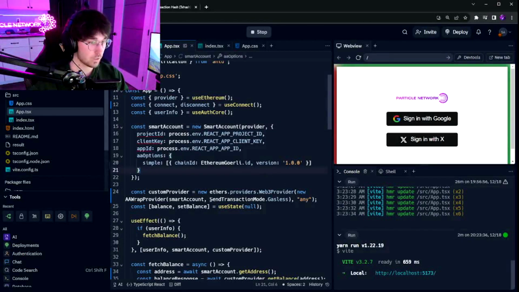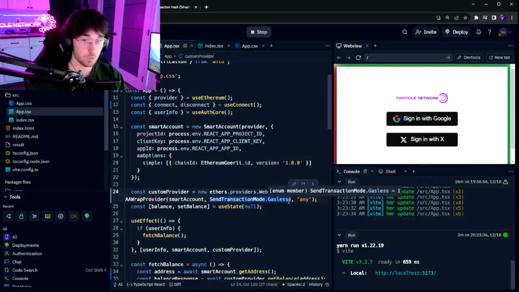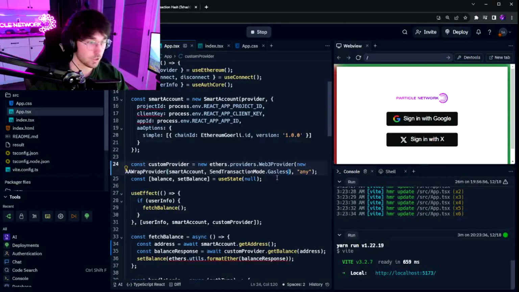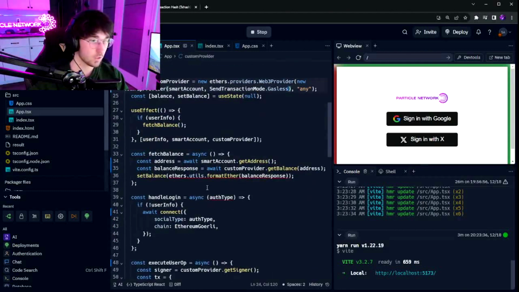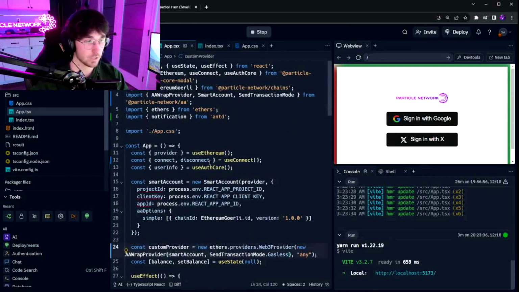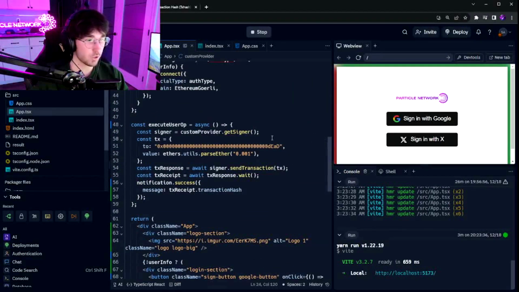And then we set that as a gasless provider object, where all the transactions sent through this provider will be sponsored if they are on testnet, or if we have logic for that set up within our paymaster on the dashboard. Then we're setting one state for the balance fetching. We are retrieving the balance. Quite simple. We're handling social login in basically one function call, which is connect, derived from the useConnect hook up here. Then we are executing a sample user operation, just a burn of 0.01 ETH to this dead address right here,